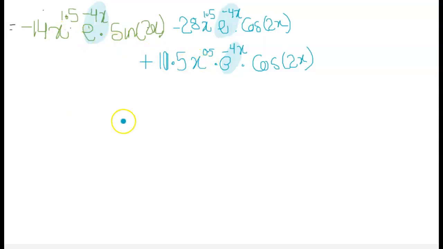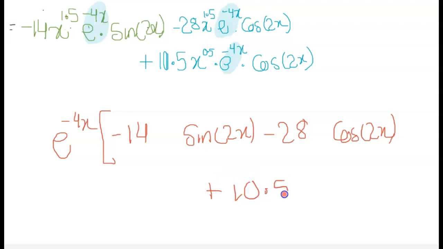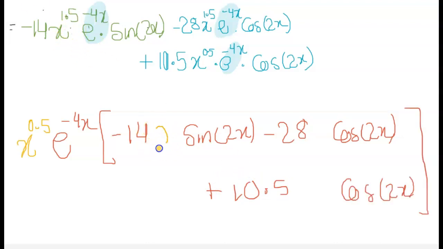Okay, so let me take this e to the minus 4x out. You are going to be left with minus 14 sine 2x minus 28 cos 2x plus 10.5. I'm just leaving a little bit of space, I'll tell you in a minute why. Here x to the 0.5 is common as well, which will give me x1 and x1 and no x here. So that will be your